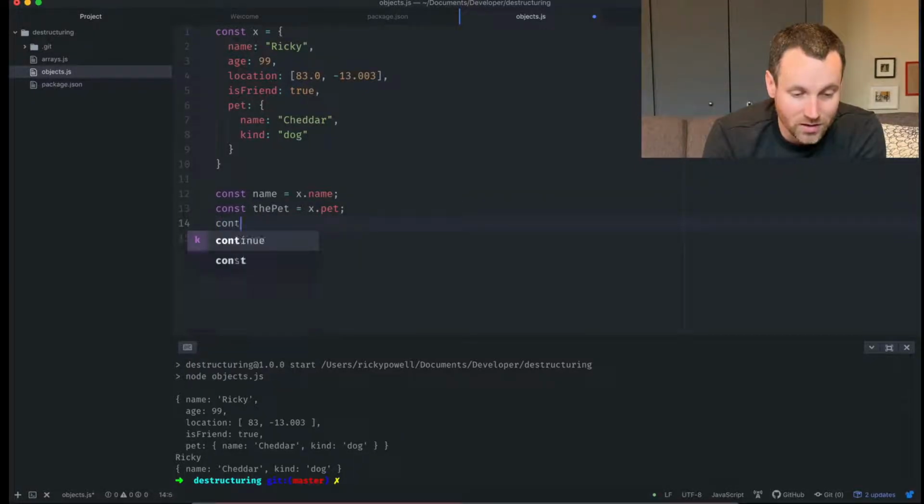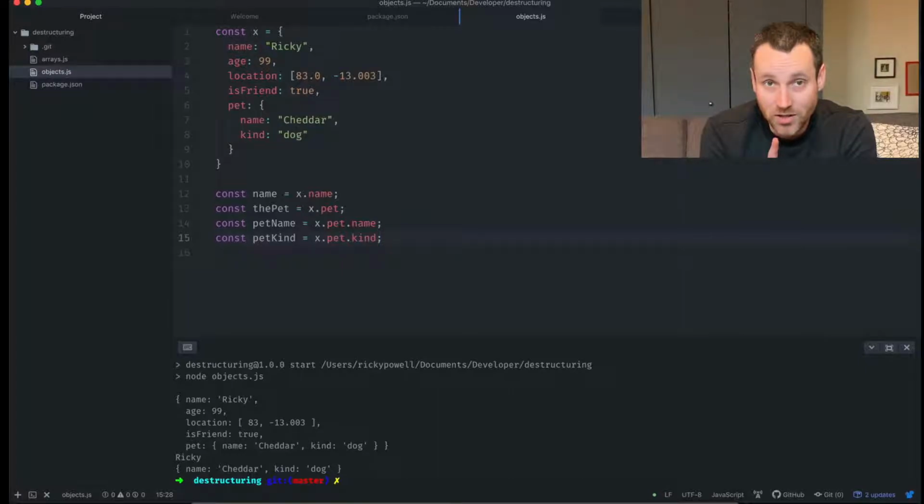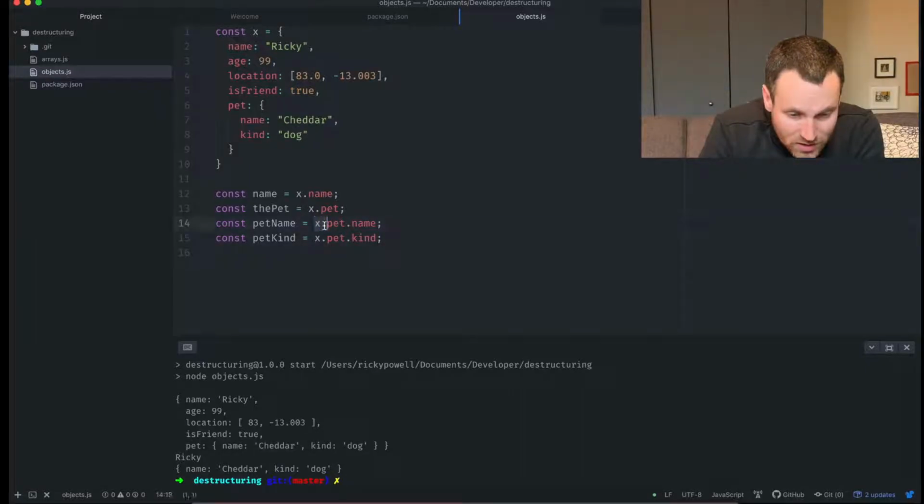Right? But what if I wanted the pet name, x.pet.name, and then the pet kind, right? x.pet.kind. So you see how we have all this dot notation? So the dot notation we can actually get rid of in our destructuring. So let's say I wanted this same type of result. I would do,